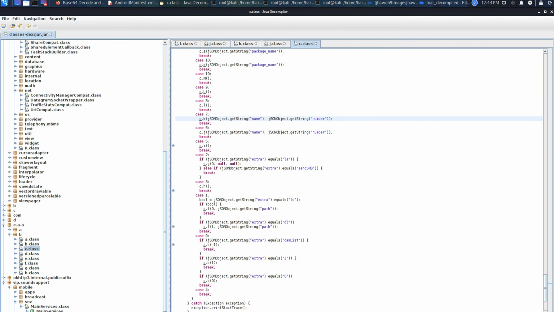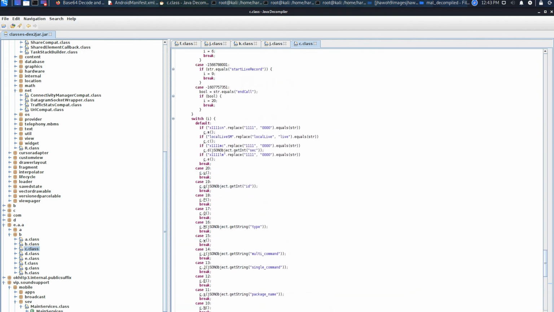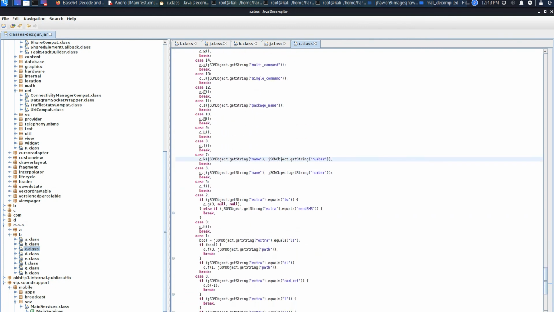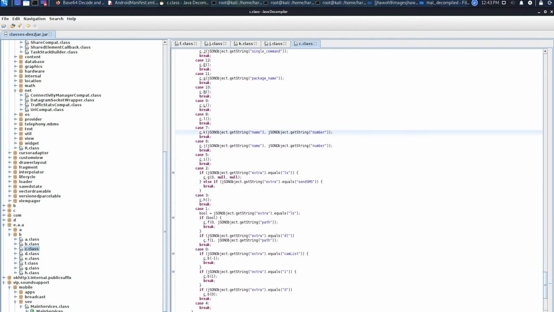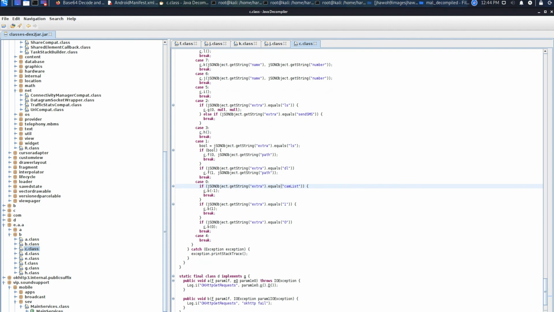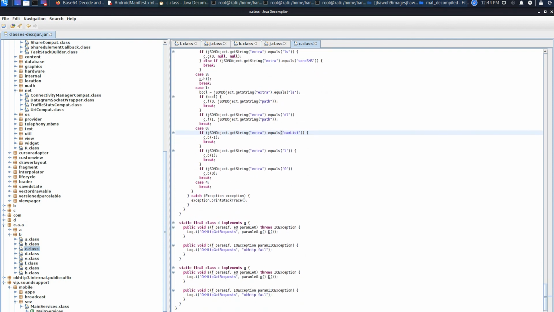Case 7, case 2. Okay, let it be. You can see here he is performing send SMS and cam list. He is seeing how many cameras we have, one camera, two cameras. Modern smartphones may have three or four cameras.